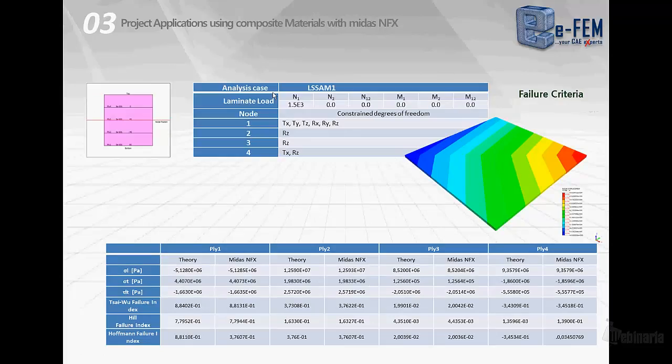In this last example, we just go through the failure criteria evaluation. So midas NFX uses different kinds of failure criteria. We took into account Tsai-Wu, Hill, and Hoffman because they were the failure criteria proposed by the book, and again in each column is proposed the correlation between the theoretical results calculated by the book and midas NFX. And again, the software is quite able to evaluate the same results from the